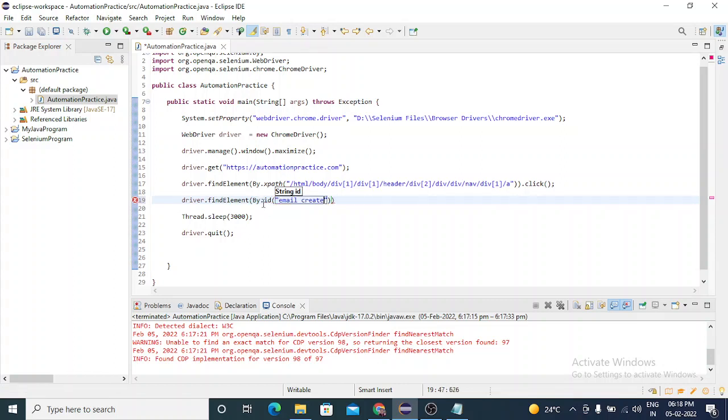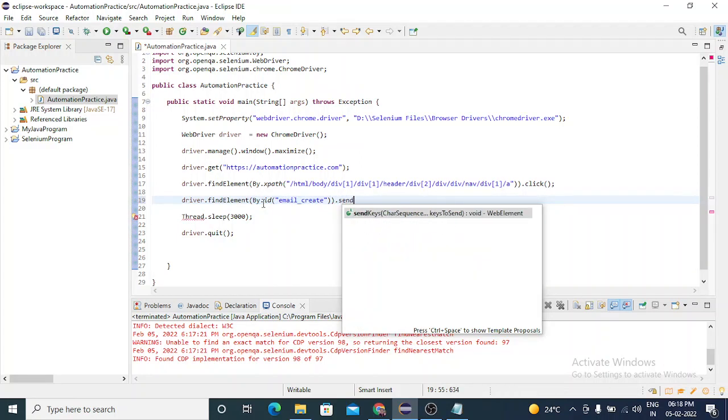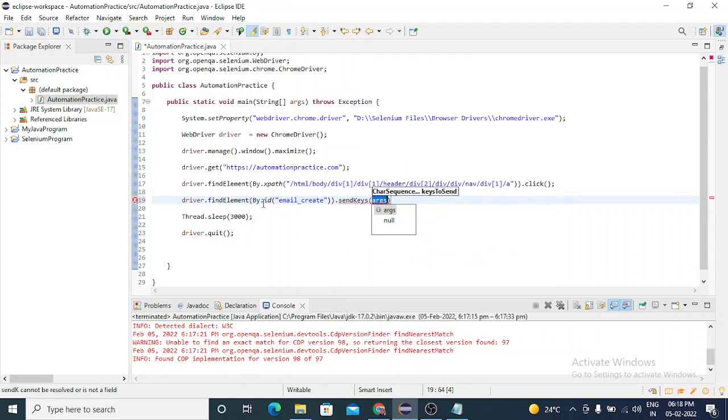I copied that ID. Then dot, there is a method to input something in the input box: sendKeys. This requires a character sequence, as you can see over here. So I'll put abcd.abcd at xyz.com.